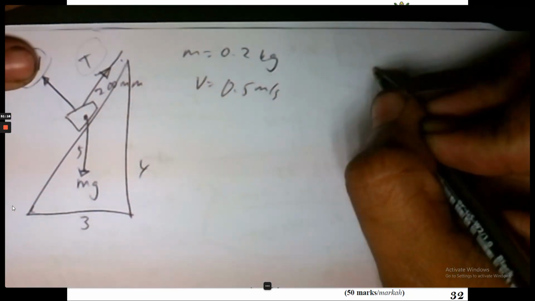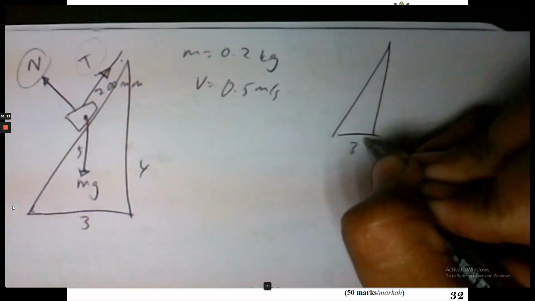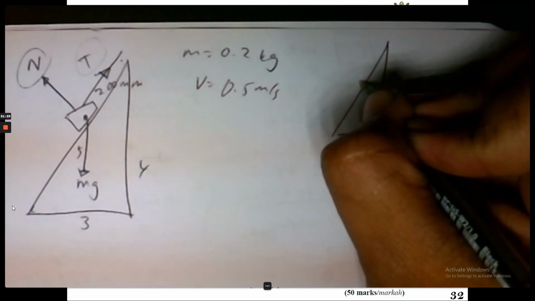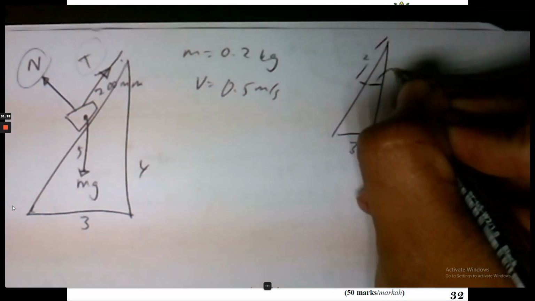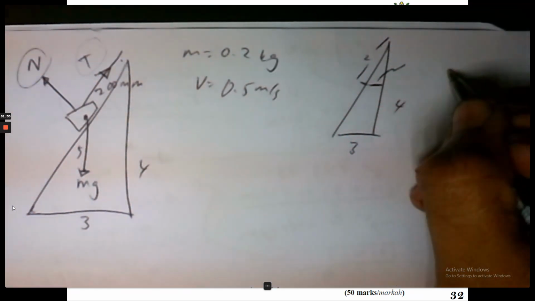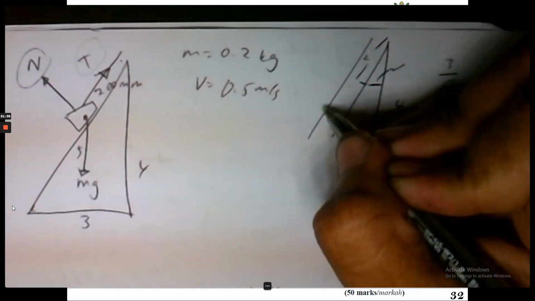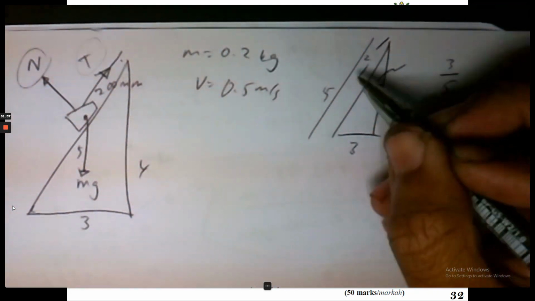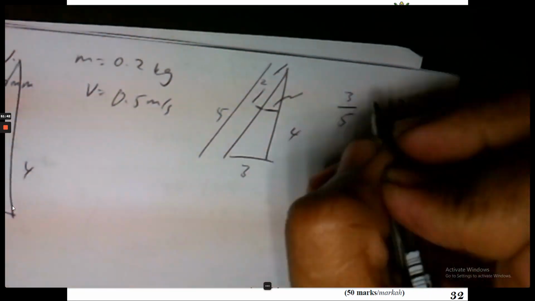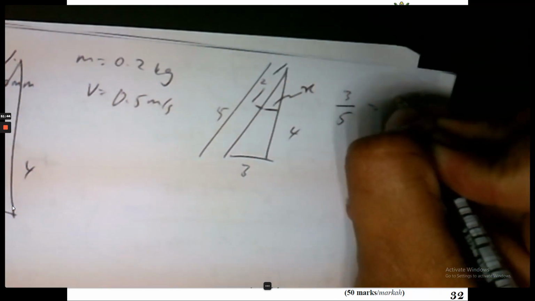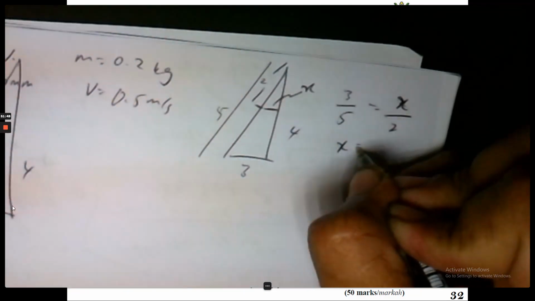And then using the similar triangle, we have 3, 4, and there's a 2 here. So we want to find what's the length here. Using 3, 5, so the whole thing is 5. Okay, 5 goes to 2. Sorry, we need to find here x. So x and 2. So x equals